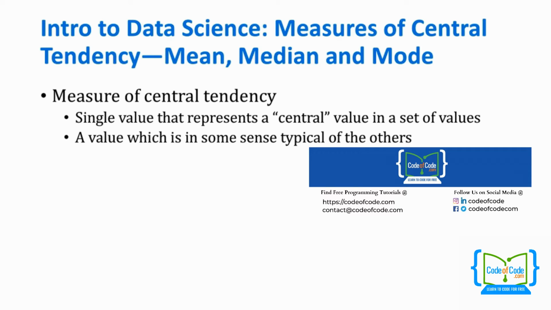A measure of central tendency is some sort of individual value representing a central value in your set of values, some way to think about the center point or something that's in some way typical of the values